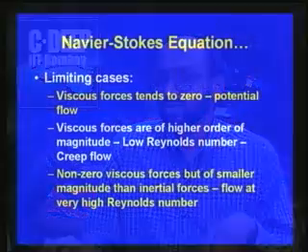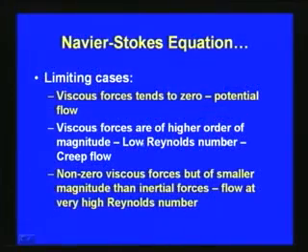And then the second case is where viscous forces are of higher order of magnitude, and that means a lower Reynolds number. So, here we say that this is creep flow. Here the Reynolds number is so low, and viscous forces are of higher order of magnitude. The fluid velocity is very small, and we call such kinds of flows creep flow, or sometimes also Stokes flow. We will be discussing creep flow in more detail later.